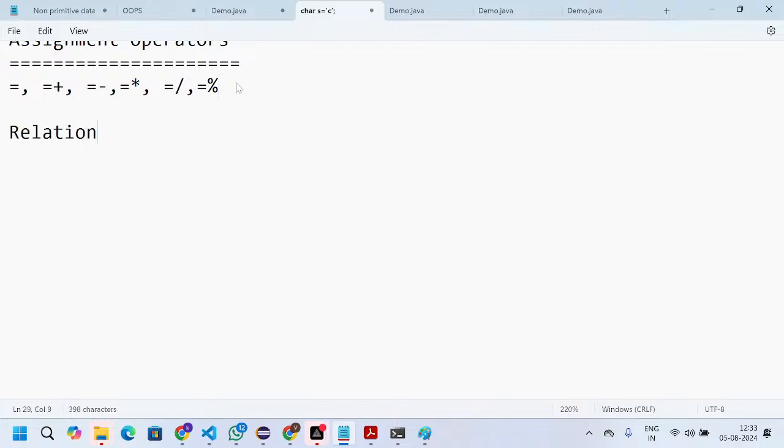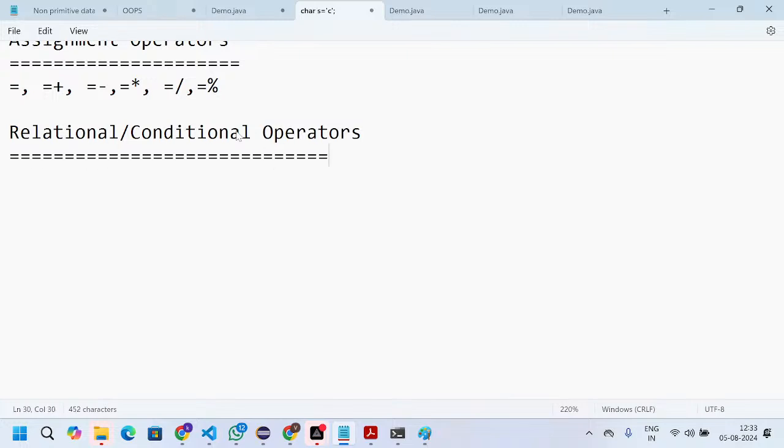Relational operators are also called conditional operators. Okay. They will always return either true or false. They return boolean values, either true or false.